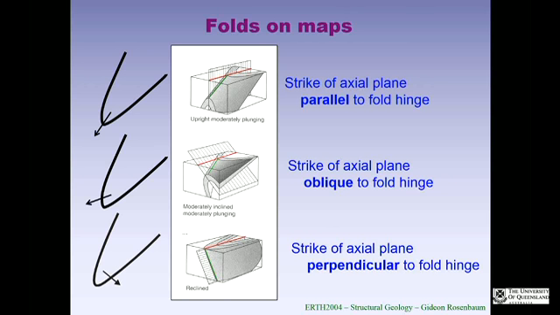But you see that here the axial plane is vertical, here it is inclined, and here it is inclined as well, and depending on the level of inclination, you can get different orientations. So here you get something that is a kind of oblique relationship, and this is basically what happens in reclined folds. So the strike of the axial plane is actually perpendicular to the fold hinge. Okay, so we need to keep that in mind,